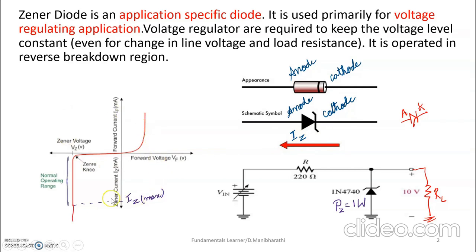So this is your characteristic, right? This characteristic is very similar to your p-n junction diode. You can see when it is forward biased, it is conducting. When it is reverse biased, it is not conducting, up to this point. I can mark it here. See, this is very similar to a p-n junction diode.